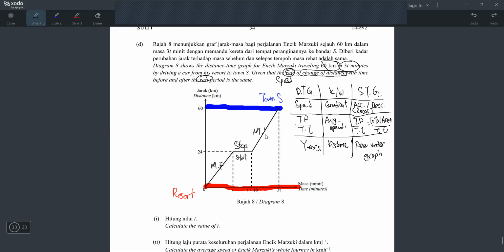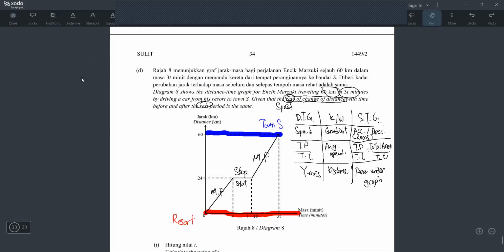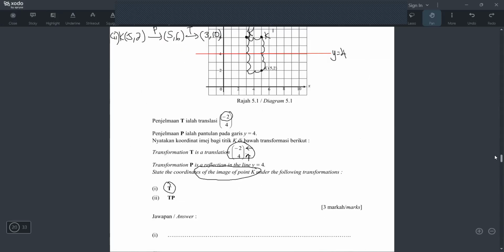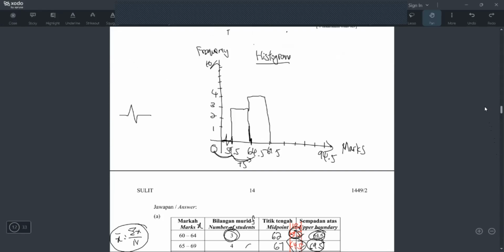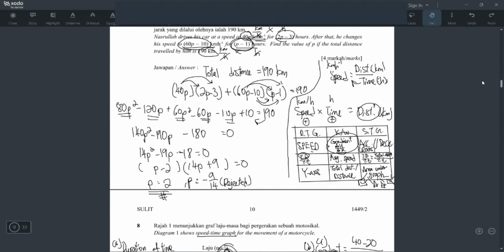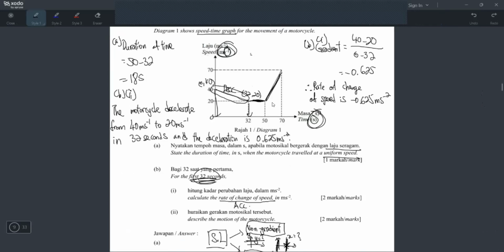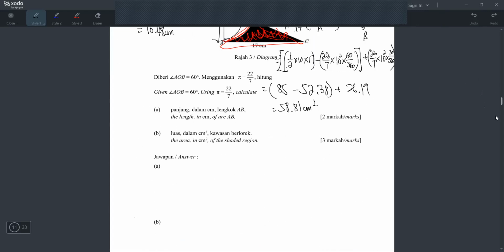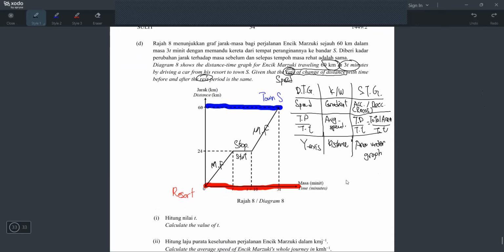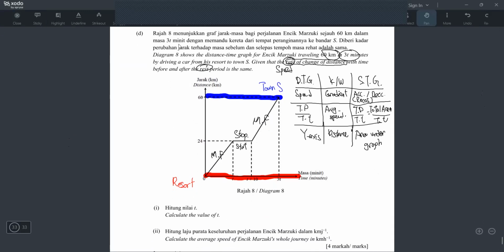But if you remember, just now we had one question. I forget which question already. Let's scroll up faster. Where is it? Okay, here, somewhere here. I remember this question number 8 is STG, right? But the story is different. It's decelerate, uniform, constant, and accelerate. So why is it different? This one decelerates, but this one is constant, uniform, but this one accelerates, right? Because just now it was STG, now it is DTG. If you want the in-depth explanation for that question, you can rewind back to it yourself. But let's come back here. This one is move, this one is stop, this one is move, because this is a distance-time graph. Sometimes they use the word stationary or rest.